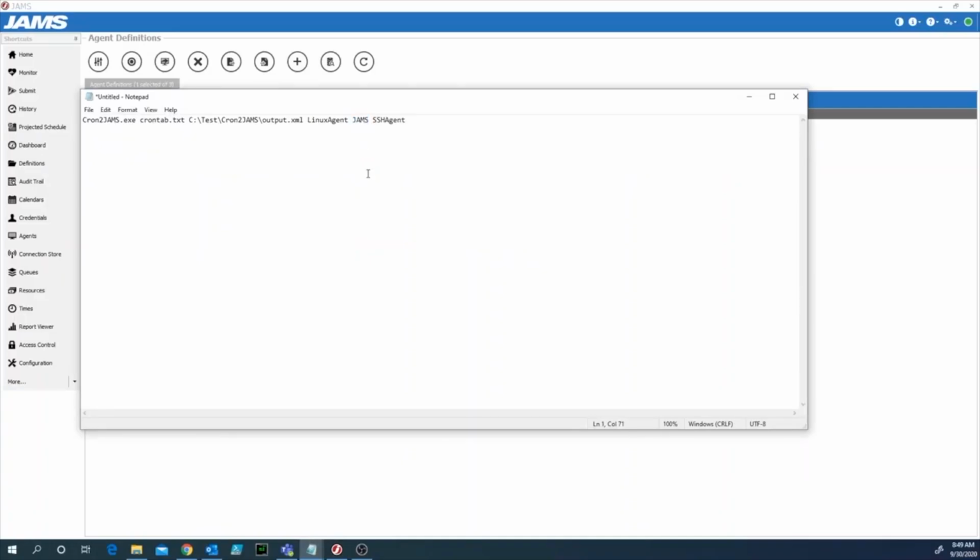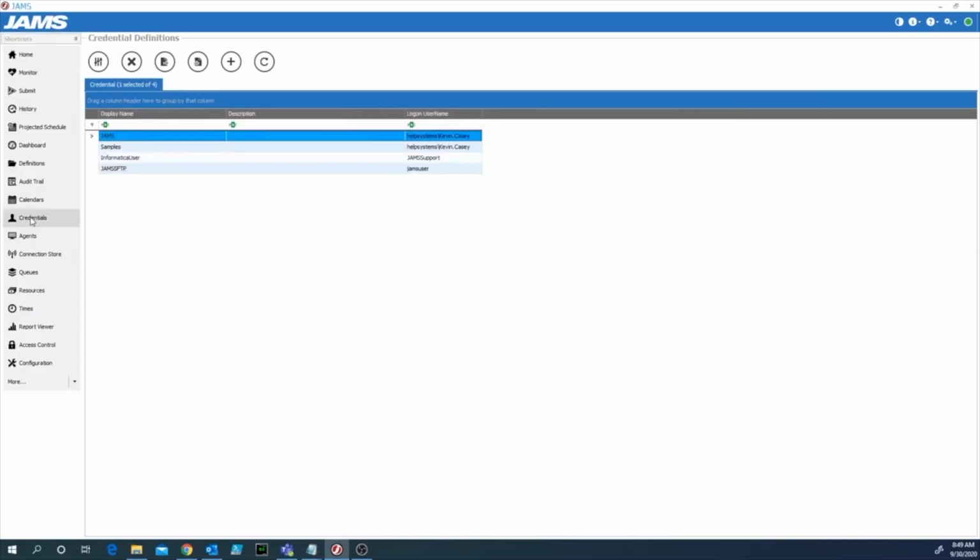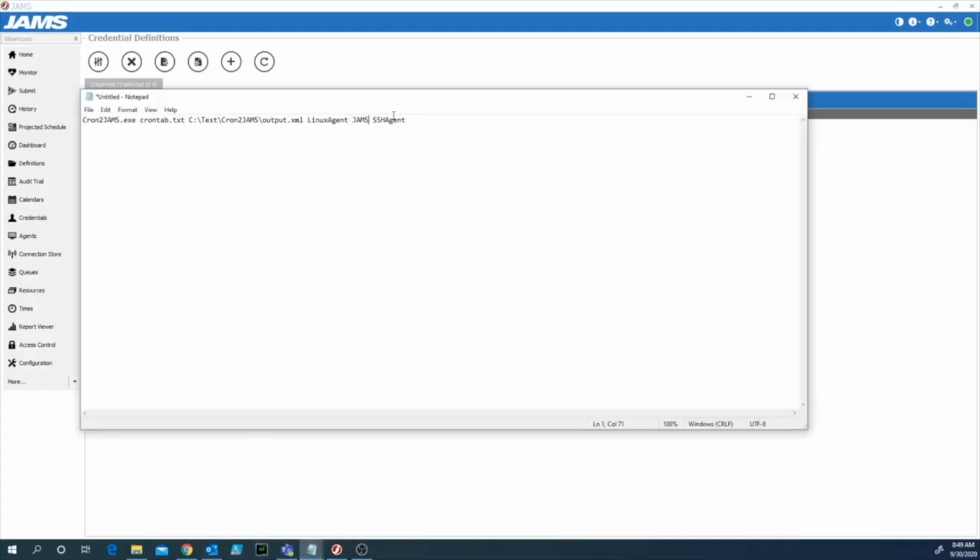Next, JAMS. This is a credential. So you're going to want to make sure whatever credential you utilize to be able to log into that box is already in the credential shortcut here. If it's not already present, you want to go ahead and click the plus sign and add it. And lastly, we want to